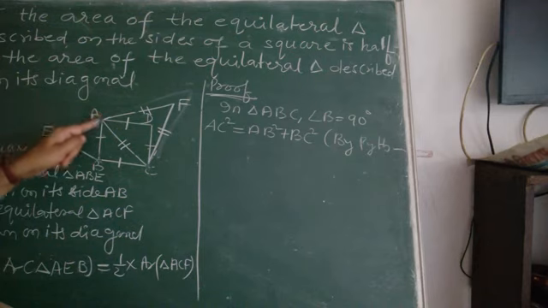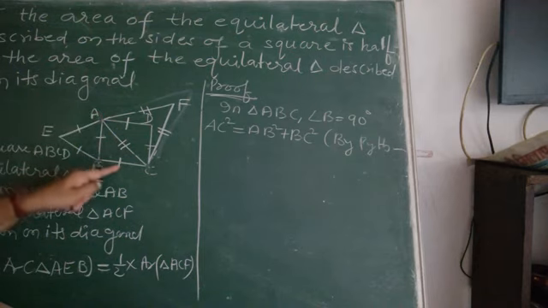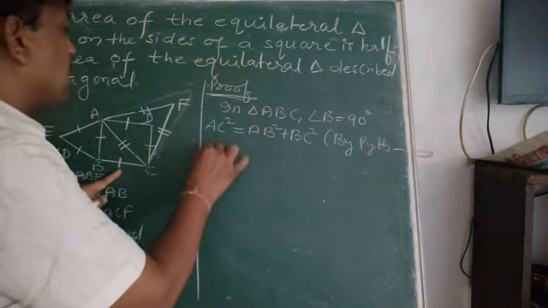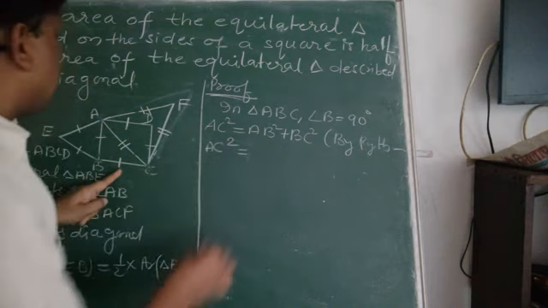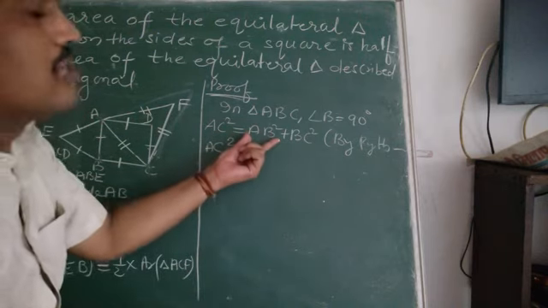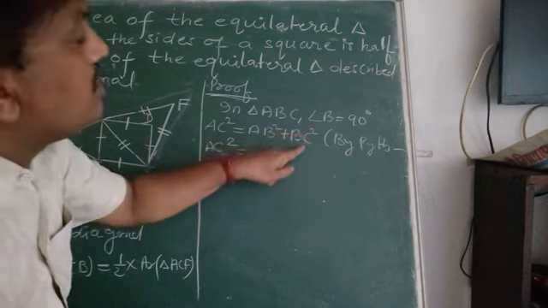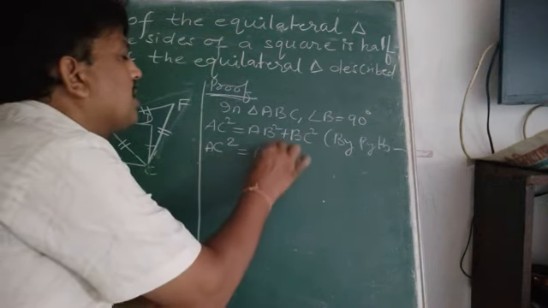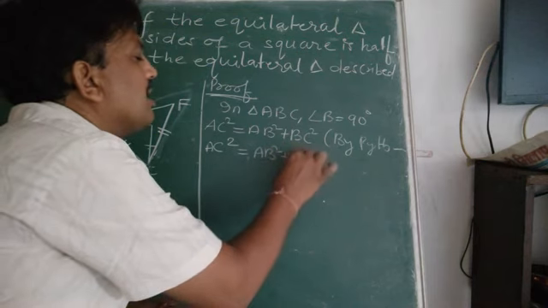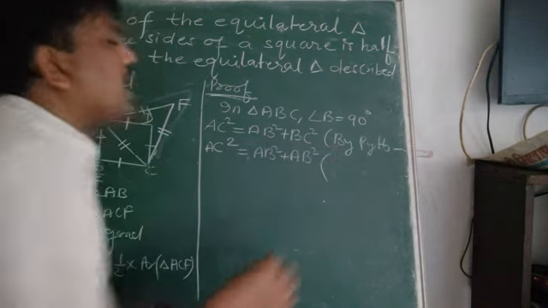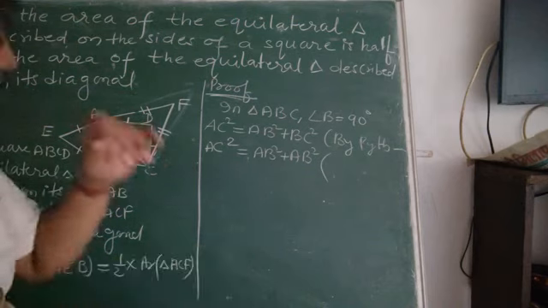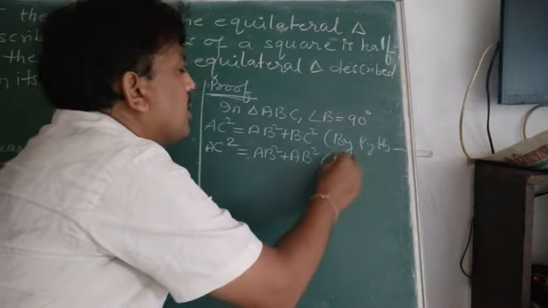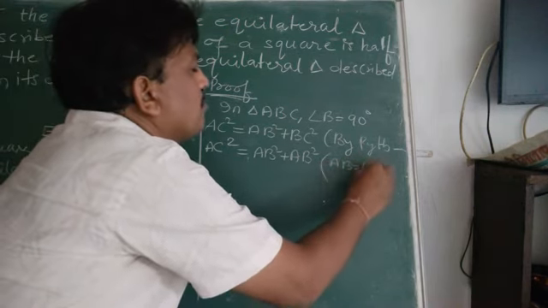So in triangle ABC, AB and BC are equal. So I am going to write AC square is equal to AB square plus, in place of BC, I am again writing AB square. Why? AB is equal to BC,